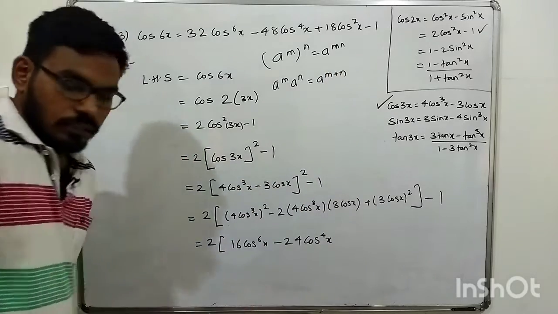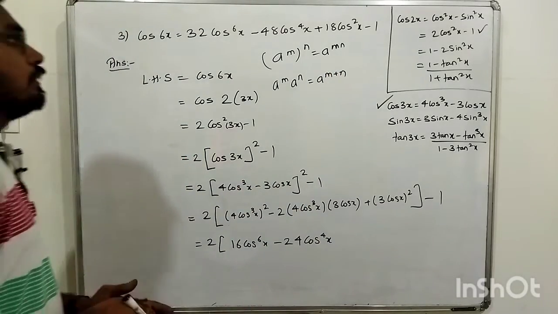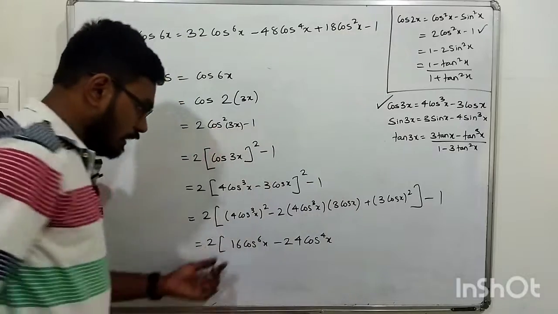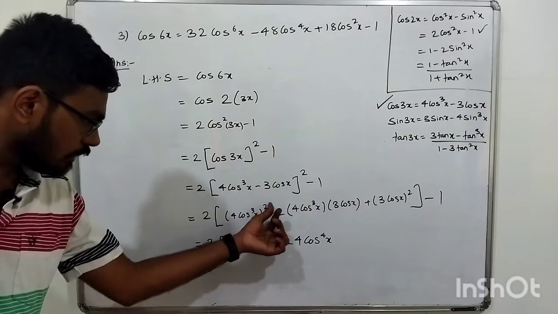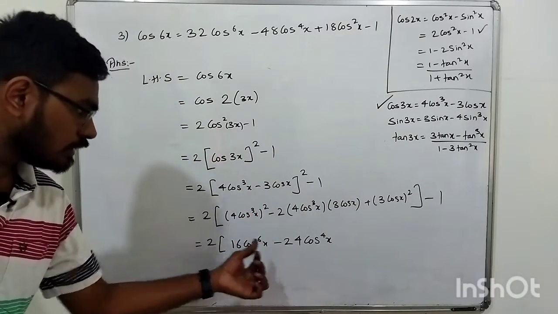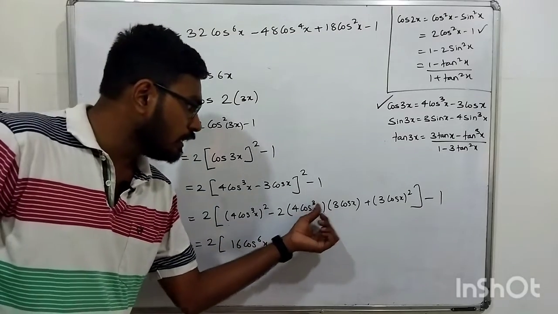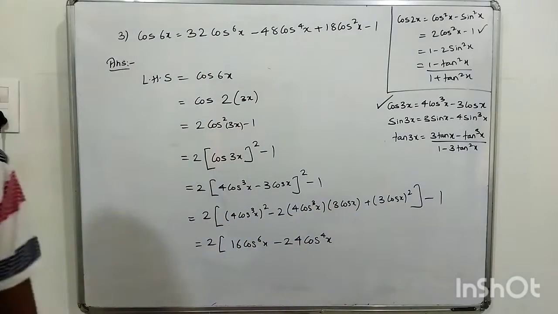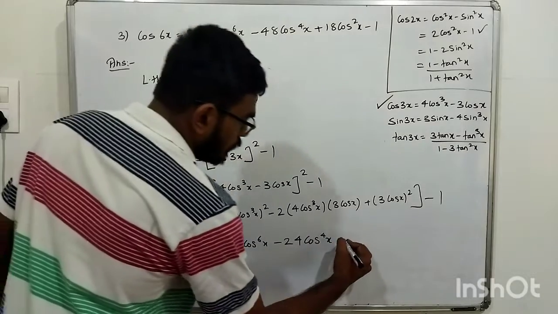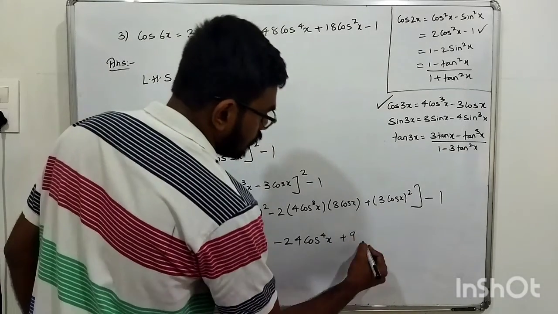Okay, these properties we should know. For example, here when I did this, I multiplied this. See, 3 square is 3 into 2, it's 6, and here I have added this. 3 plus 1 is 4. Because of those properties. Okay, then 3 square is 9 and cos square x,